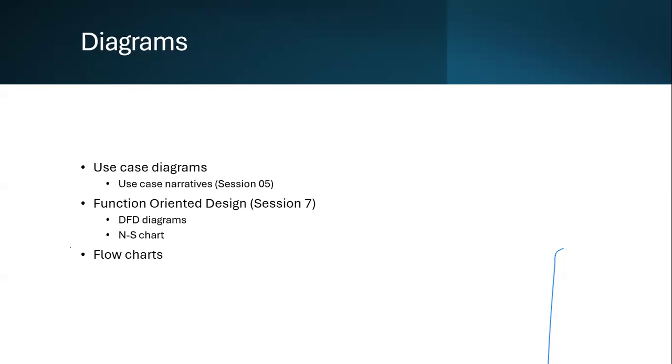The third one is the flowchart. It's the basic logical flow of a given scenario. So you should be able to draw a complete flowchart, or else there might be a flowchart given for you to implement as a C program. That kind of scenario might be there. Or simply you should understand what a flowchart is, and you should be able to read and interpret a flowchart from a software engineer's point of view. So those are the main things under the diagrams that you should know before facing tomorrow's examination on the diagrammatic aspects of software engineering.